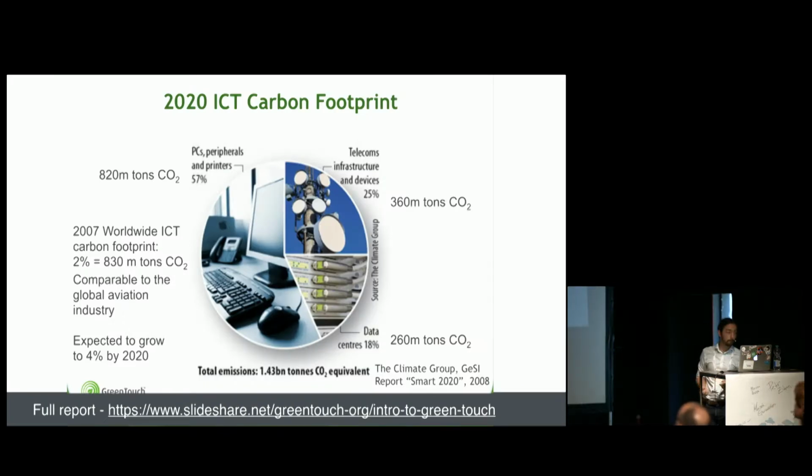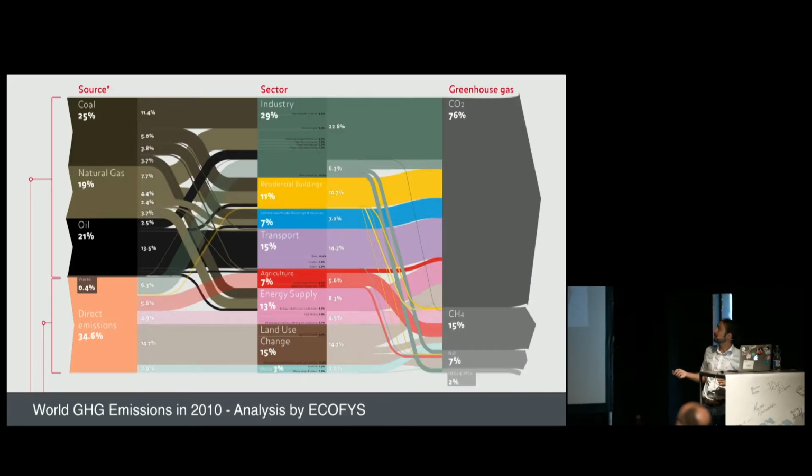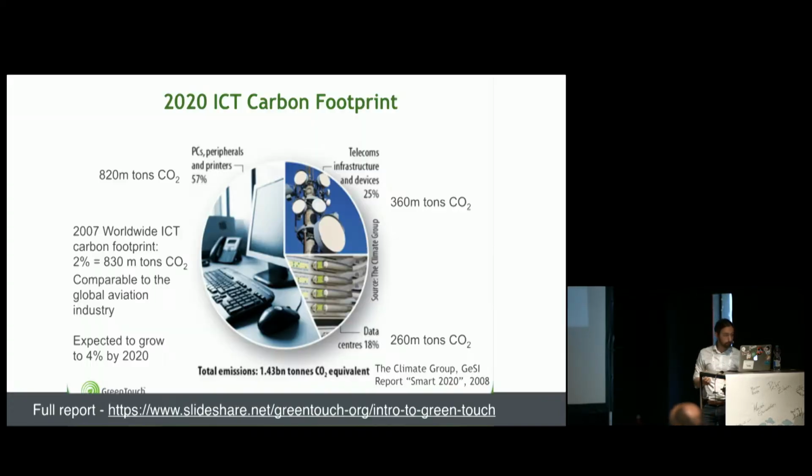So this deck here is citing the Climate Group's Smart 2020 report, which shows IT at around 2% of planetary emissions in 2007. So that's about the same as aviation, all right? And do you remember how much power generation was using yesterday in the last slide? I think it's energy supply, this one here, 13%, right? As an industry, we're getting pretty hungry. We're part of that because we are one of the big users of electricity.